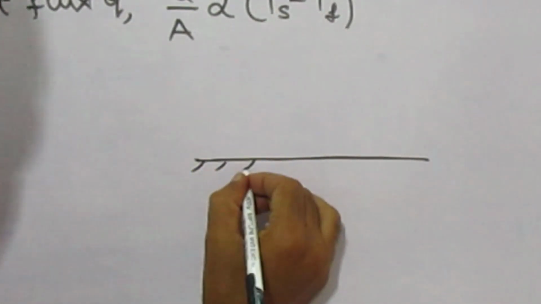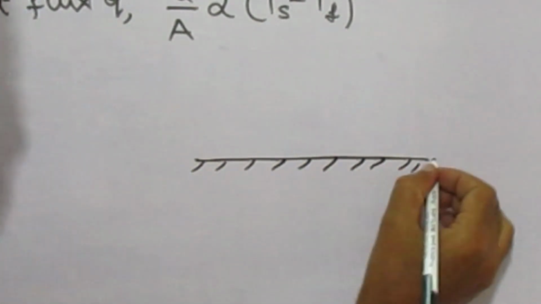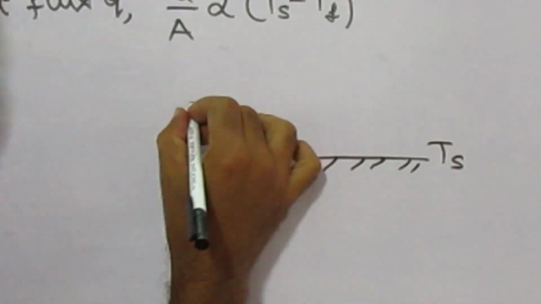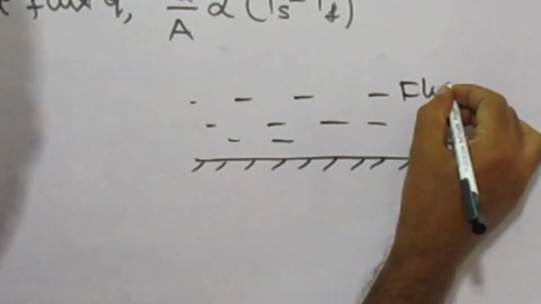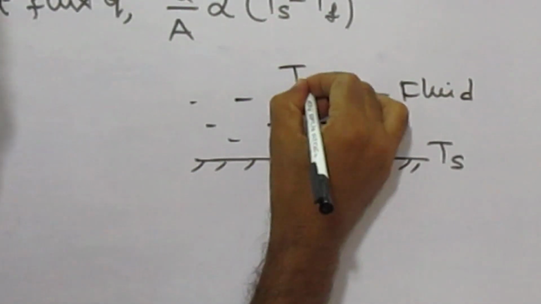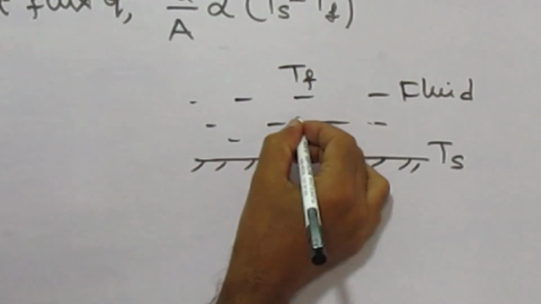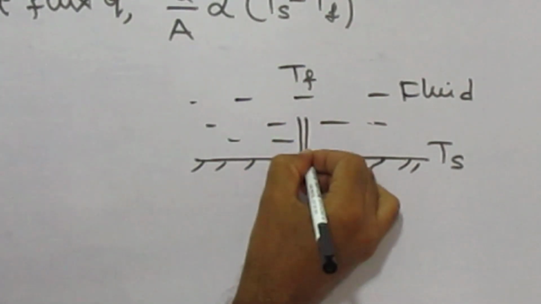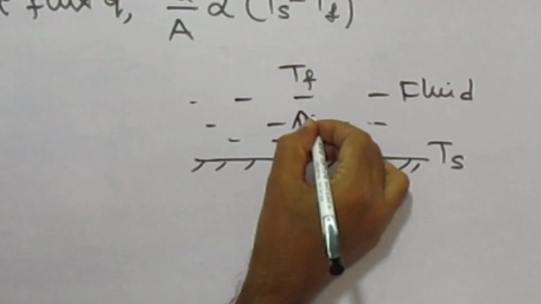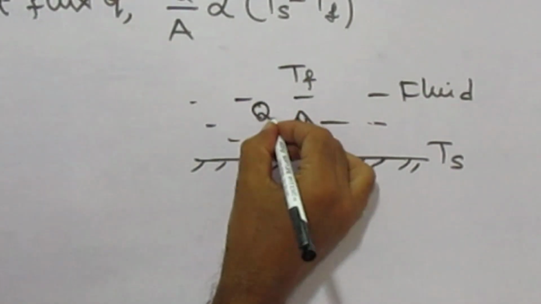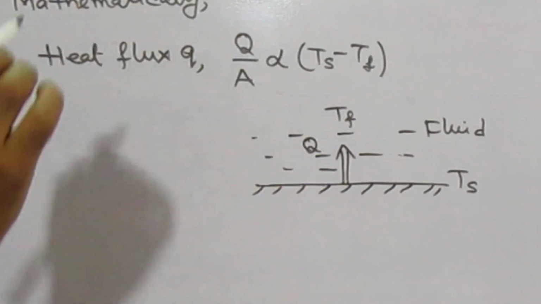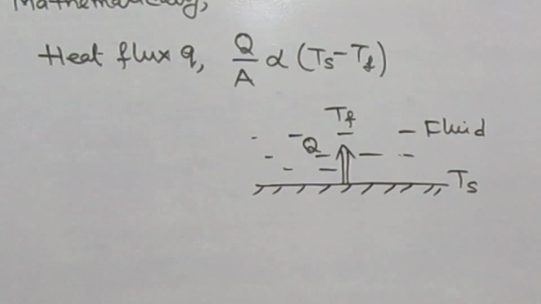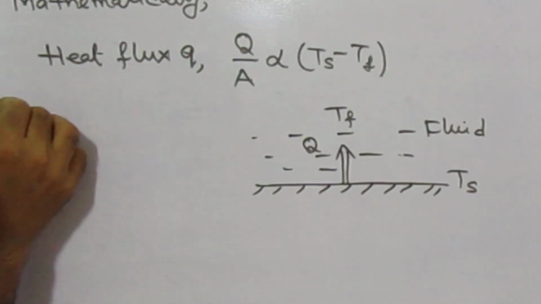This is the surface having temperature Ts, and this is fluid of mean temperature Tf. So heat transfer from surface to fluid when Ts greater than Tf, then heat flux Q by A is proportional to Ts minus Tf,